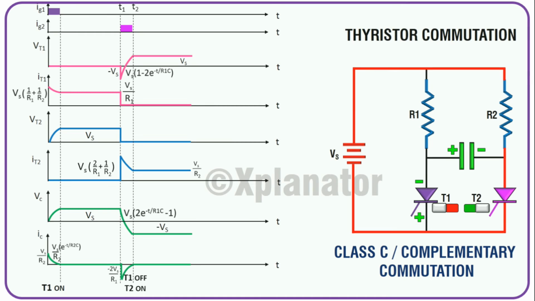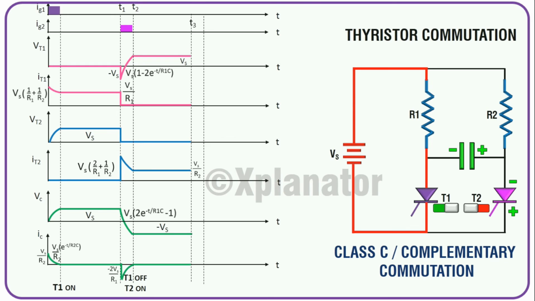Moving on with the circuit, T2 will be commutated by turning on T1. T2 will get reverse biased and switch off. The capacitor will charge towards voltage Vs like in step 1, and when completely charged, current through the loop reduces to 0. For drawing these plots, mark timeline T3. Ig1 is triggered at T3. The plots will be similar to those in step 1.